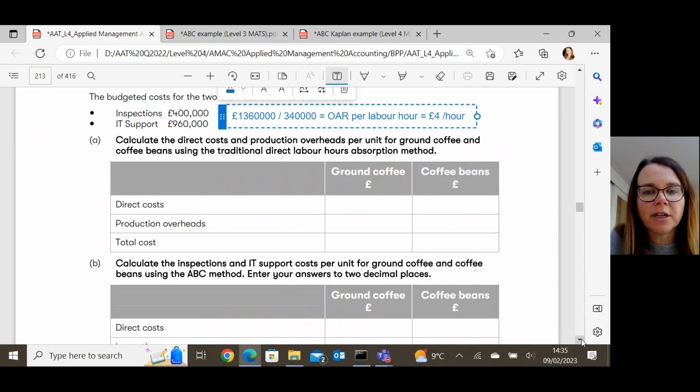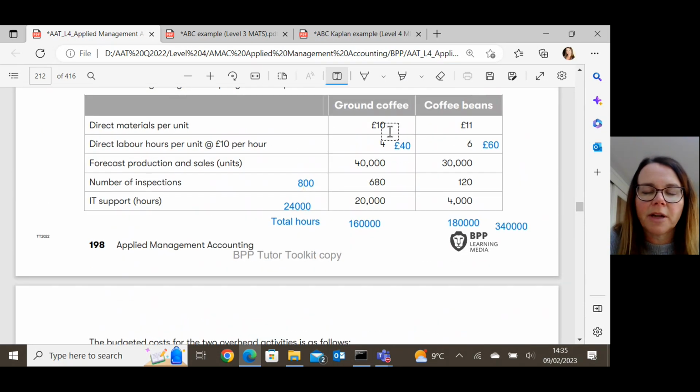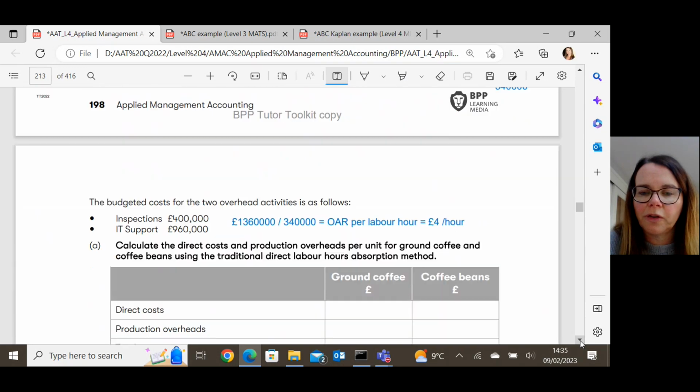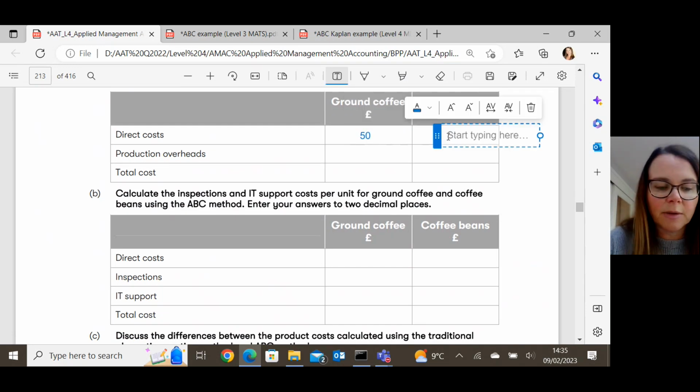Calculate the direct costs and production overheads per unit for ground coffee and coffee beans using the traditional method. So this is very similar to that example I just showed you. So direct costs are going to be, right, where are we getting that from? So we've got £10 direct materials, we've got £40 of direct labour, so we're just adding those two together for the direct costs. So that gives me £50